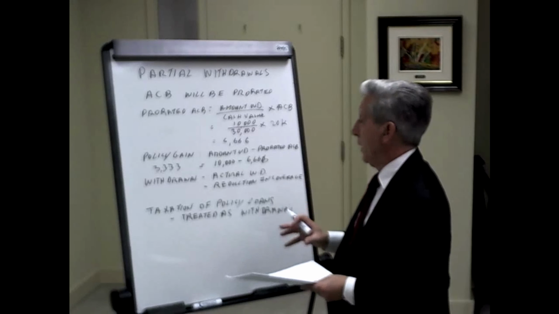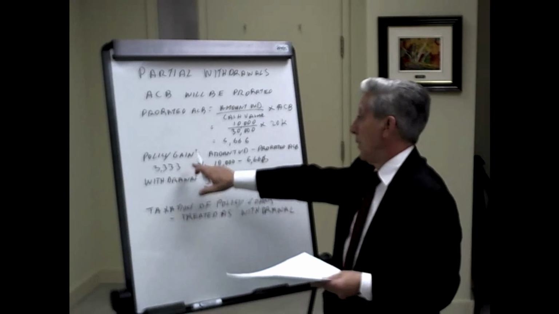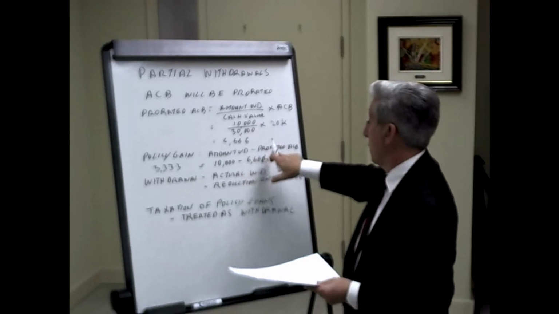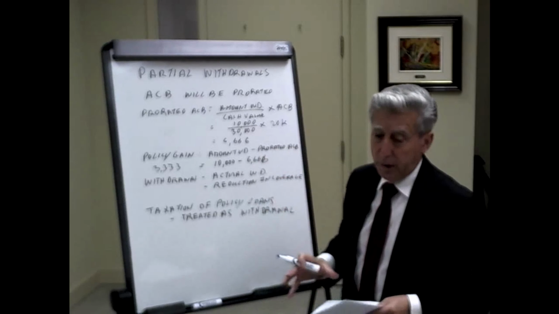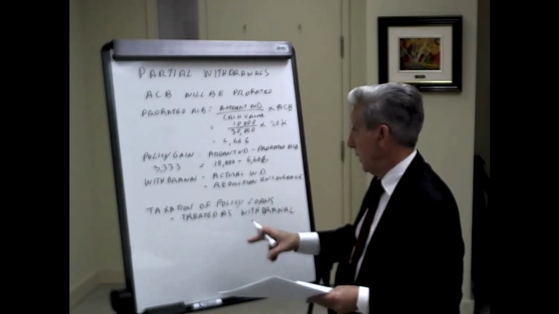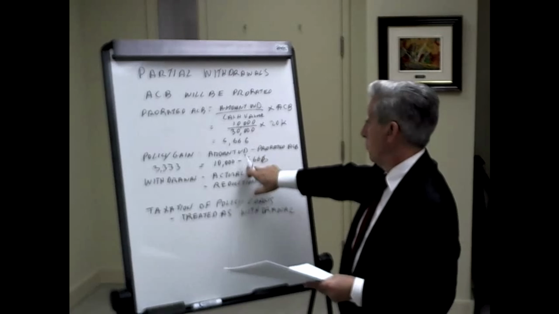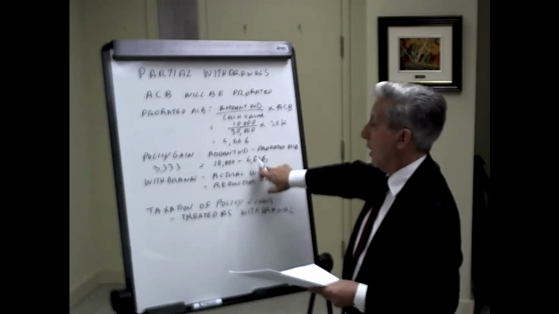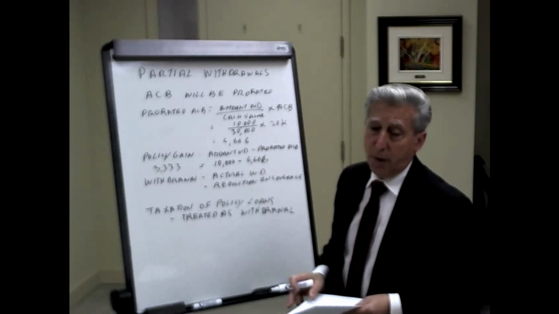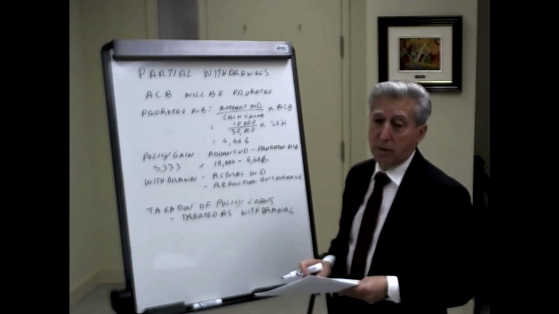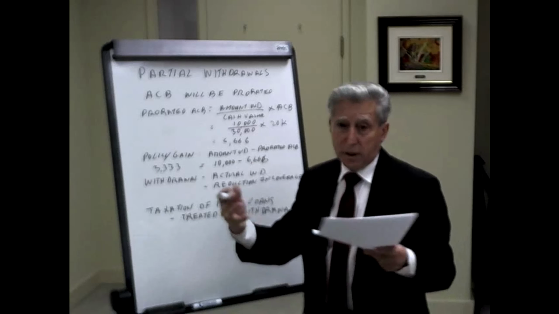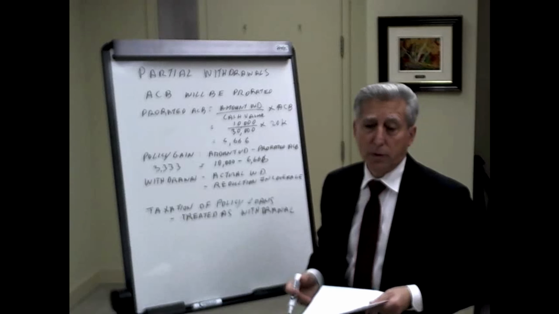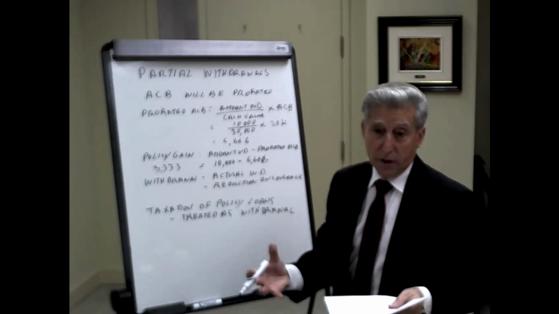So once again, we go back to our formula of policy gain, which is now the amount withdrawn, again that 10,000, minus the prorated ACB, not the full ACB, but the prorated ACB. So we take our 10,000, take out the prorated ACB, which is $6,666, and so therefore we now have a policy gain of $3,333. So they will receive essentially a T5 from the insurance company showing $3,333 of actual gain,